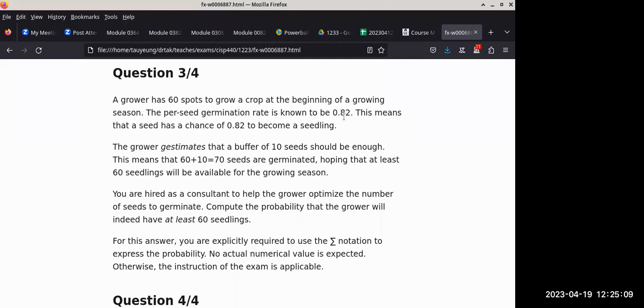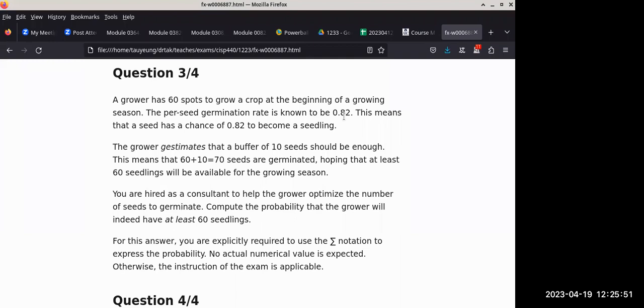Does that make sense? And what are we trying to calculate as the probability? The probability says I need at least 60 successful germinations. So that means if you have 61 successful germinations, it's good. We just have one spare seedling, not a problem. 62 is fine, 63 is fine, and so on. So we just need 60, 61, all the way up to 70 as success. That would be the number of successful germinations. So I think that should help you formulate using what we just talked about.